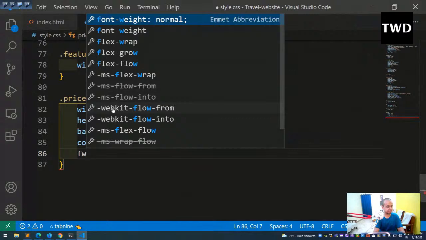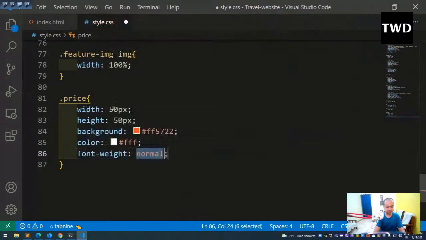Okay, font weight is 600, this will become very small,